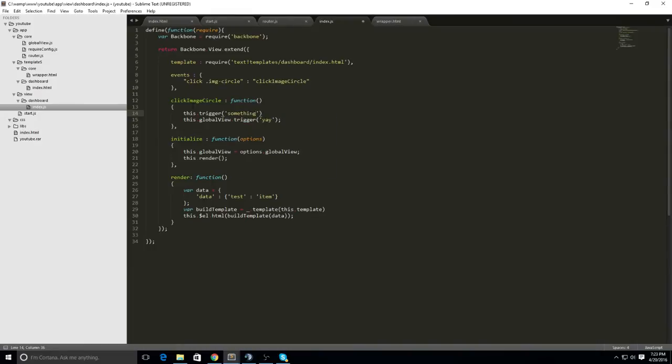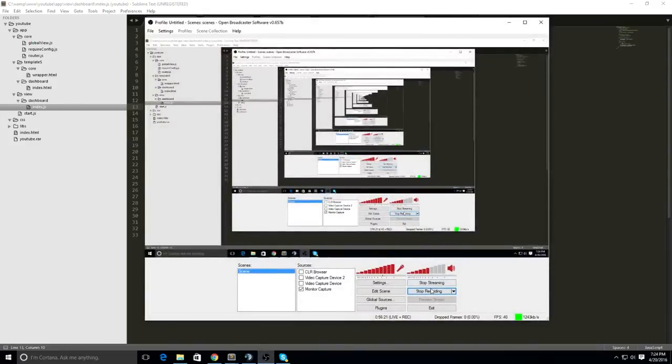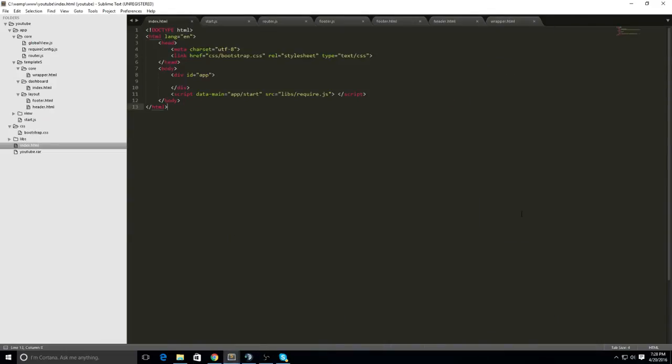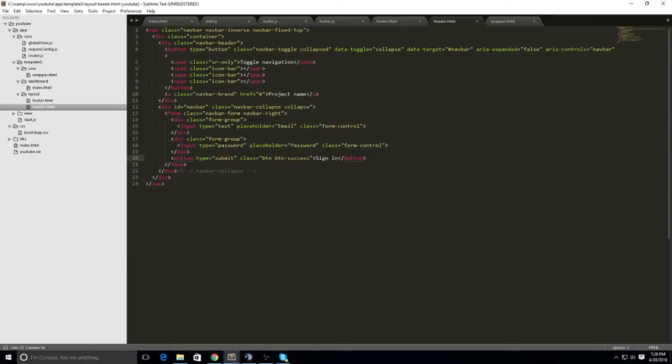So we're going to create the header and footer. I'm just going to pause while I do this and play, because this is just repeating what we've already done. Okay, so what I've done, I've just fixed the style sheet because I didn't have the real style sheet. If anyone spotted that, good on you. So I've created a header.html, a header.js, a footer.html, and a footer.js. So if you look in layouts, we've got footer and header, and inside of the view we've got header and